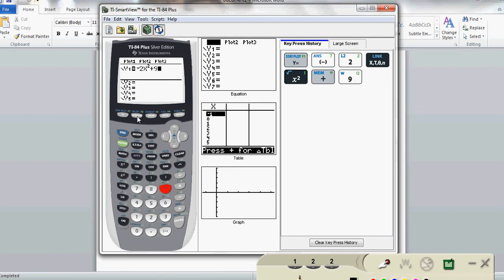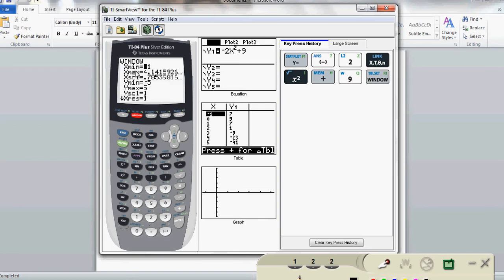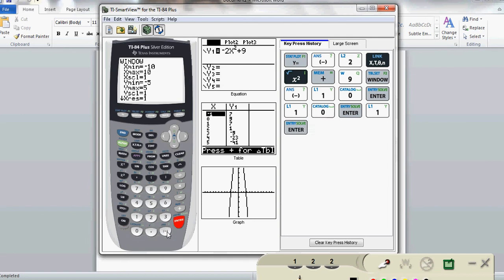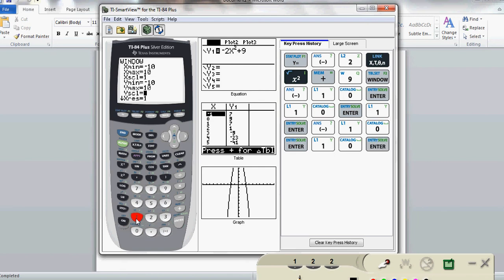Now one thing I want to make sure I do before I actually graph it is hit the window button and make sure that these are what are called the default window. The default window, x min, is -10. The x maximum, to begin with at least, is +10, and the x scale will be 1. And likewise the y minimum will be -10, +10, and 1. And then finally we can graph this and get